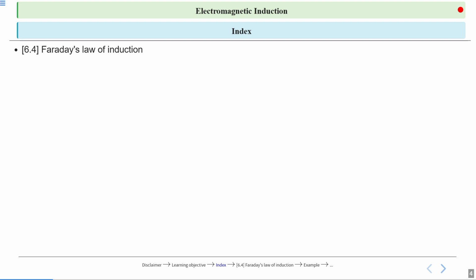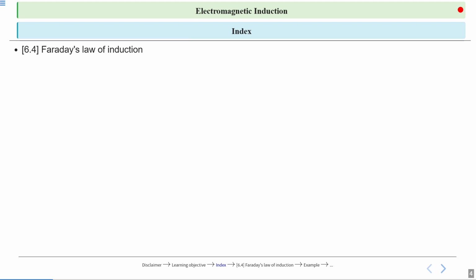Based on the observations and conclusions that we have seen in our previous lecture from the three experiments that Faraday and Henry conducted, what were these three experiments? Let's have a quick recap. The first experiment was a coil connected to a galvanometer, and a bar magnet that we move towards the coil and away from the coil. There was a deflection in the galvanometer.